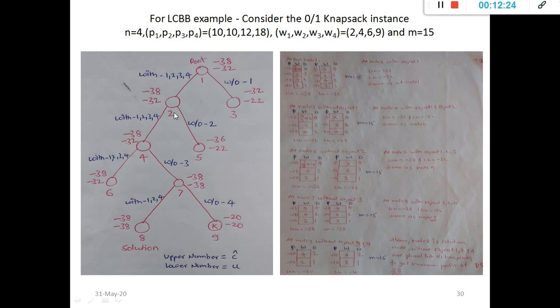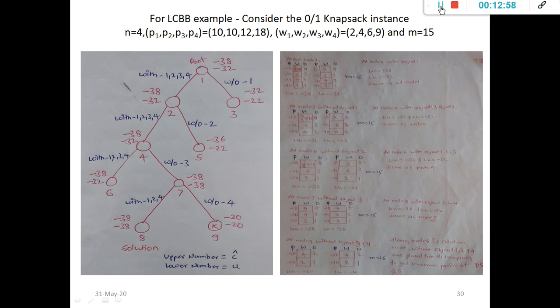I hope you understood why I am expanding only node 2 and discarding node 3, because the lower number of node 2 is minus 32 and the lower number of node 3 is minus 22. When you compare minus 32 with minus 22, minus 32 is the minimum number. That's why node 2 we consider for further expansion and node 3 is simply discarded. This is the minimization technique we are applying in the 0-1 knapsack problem when we are solving it using least cost